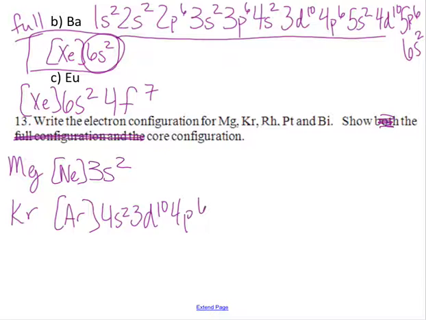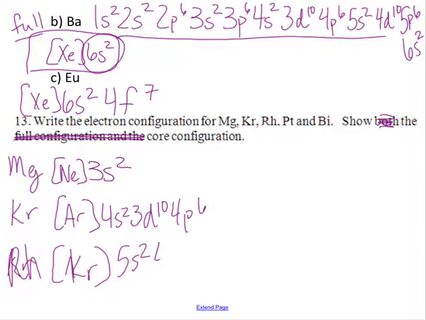All right. Rhodium, Rh. Where is that sucker? 45. So krypton again. Rh. So it's krypton, and then 5s2, is it 7? 4d7. Okay, and then